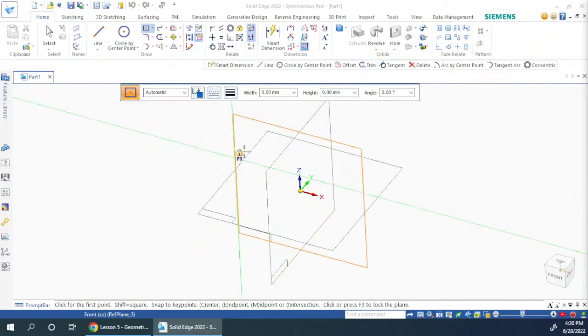So yes, you can start drawing anything you want from here. As soon as you select any draw command, you will get the option to lock one of the planes. First you'll have to select the plane, whichever plane you want to draw on. Just keep your cursor on that and then press F3 to lock it. Once the plane is locked,